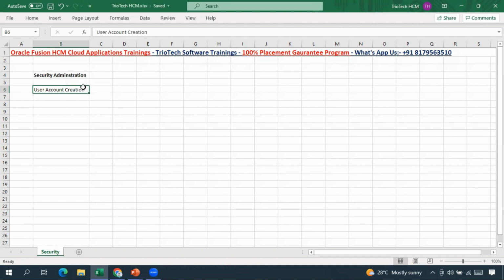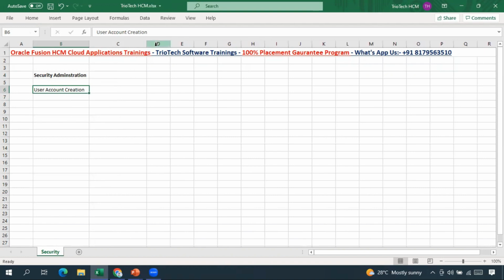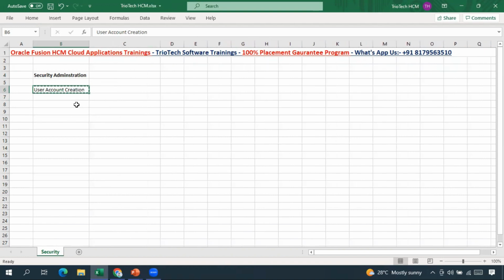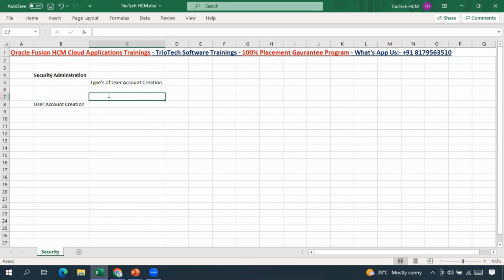We have several ways. What are the different ways that we have in the system to define the user accounts? Let me list out the number of ways that we have in the system. So we have types of user account creation. We can create a user account in a manual way, and we can automate the user account creation. And the third one is via